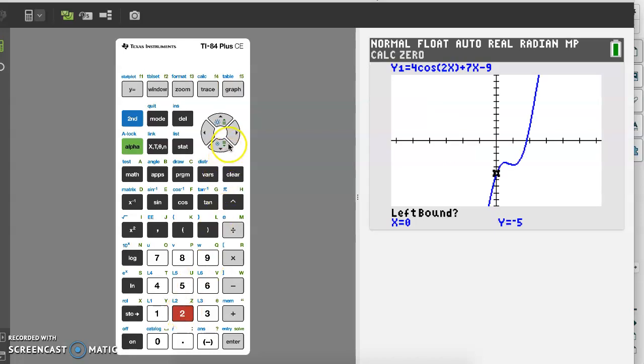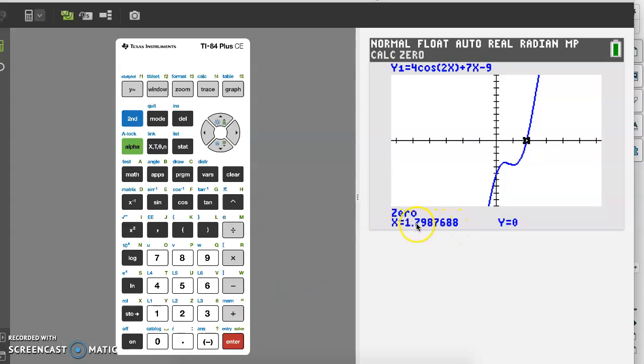And we want to click enter for the left bound, and then move over or just type in a 3 or something to the right of the zero. So anywhere to the right of that. So these little arrows show you the left and the right. And then you want to get kind of close to it for a guess and hit enter. And it's